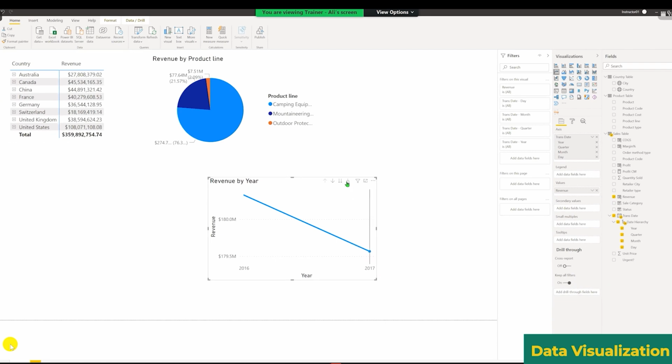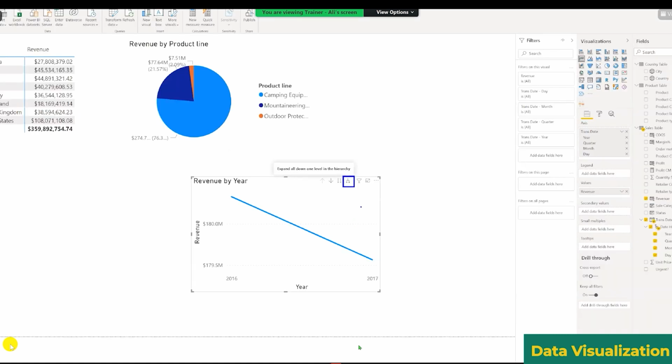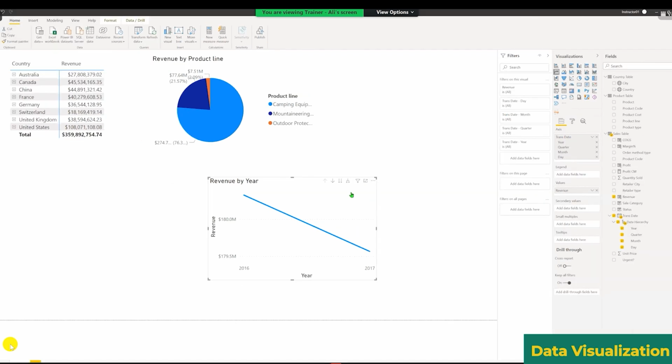You can use this drill down, or you can say expand all levels down button, which is this one, and it will take you from year to quarter, from quarter to month, and from month to date. So click on this one. Now it is showing you quarter by quarter. Go one level down. Now it gives you month by month. Change of revenue,